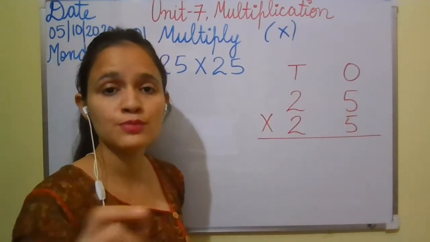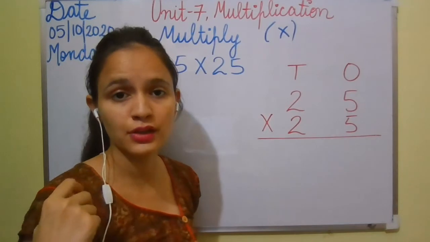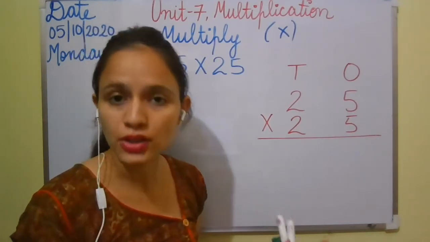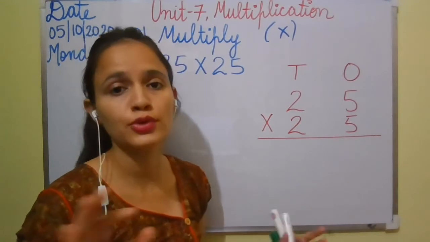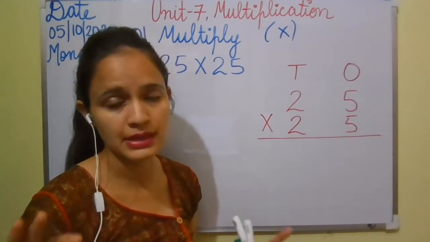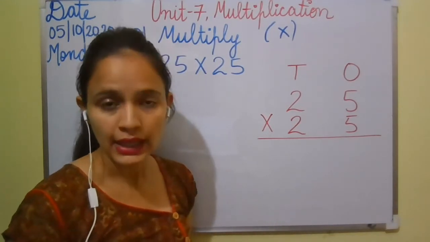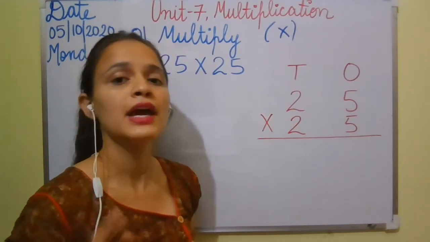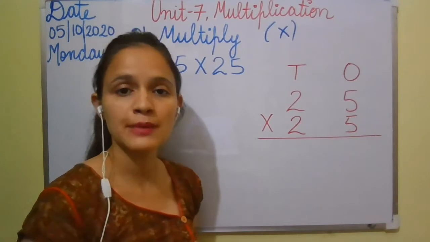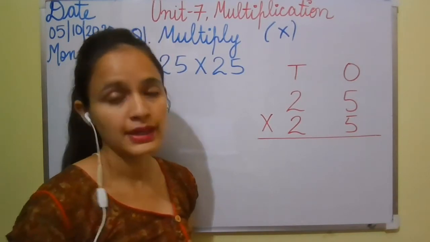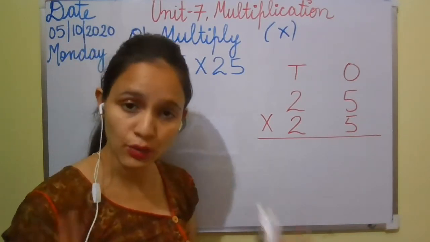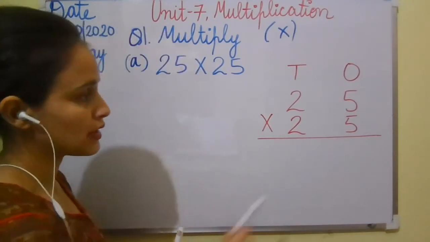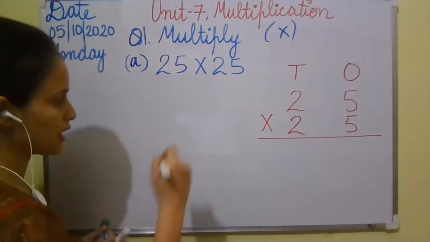First of all, the most important thing to be good at multiplication is that we have to be very thorough with the tables from 2 to 10 at least. Today in this session I am also going to send you a worksheet in which we are going to learn the tables from 11 to 15. So please be thorough with the tables. Keep revising the tables. Keep learning the tables. So 5 5s are 25.